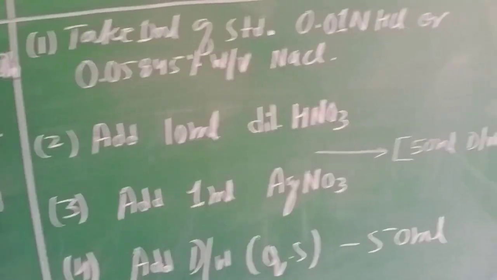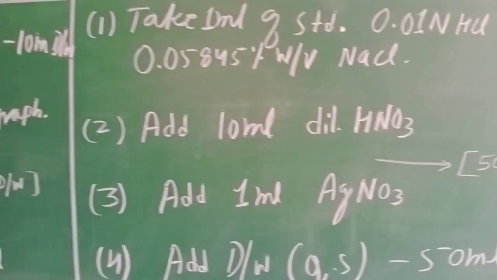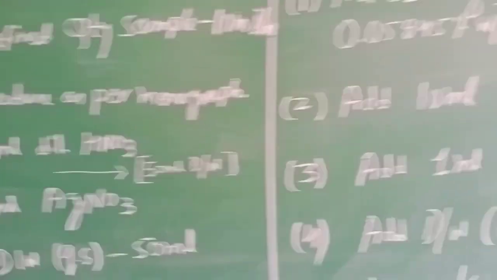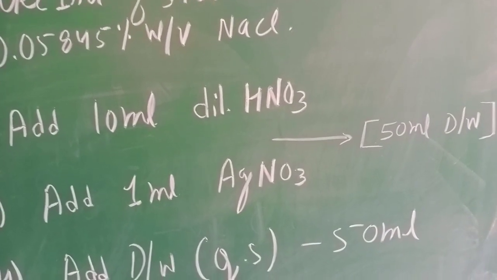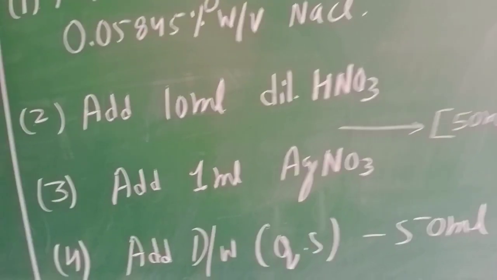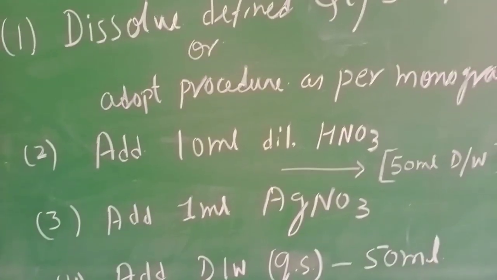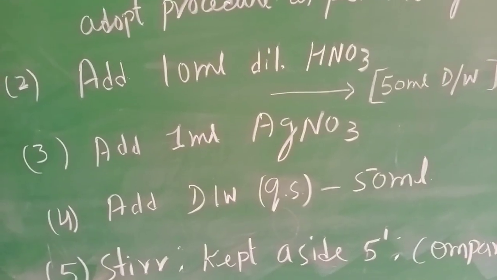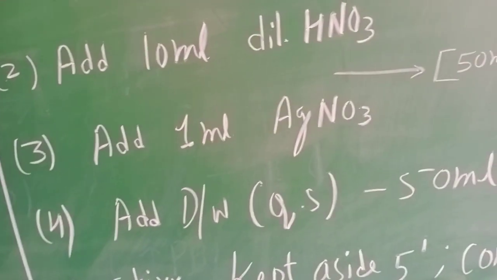In most of the literature, it is recommended to add distilled water between steps 2 and 3, and this particular addition of distilled water anyhow gets discriminated from literature to literature. In some it is given that the distilled water must be added between the second and the third step, and in some cases it was stated that the distilled water must be added at the last in order to make the volume up to 50 ml.